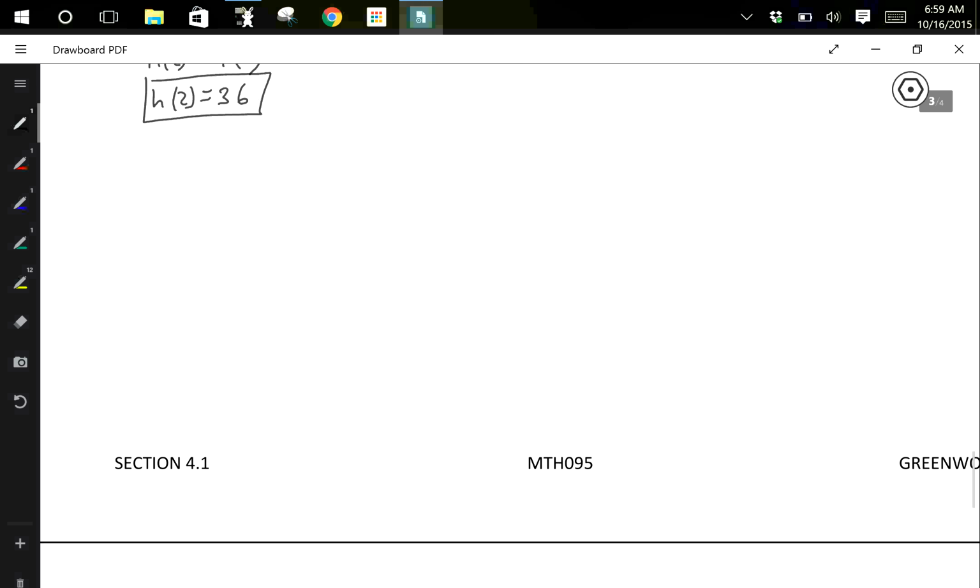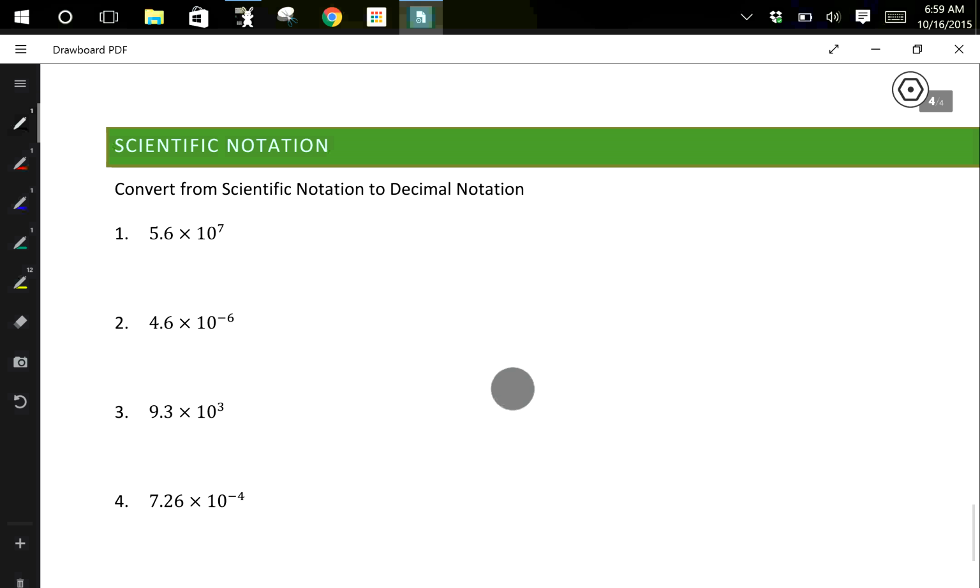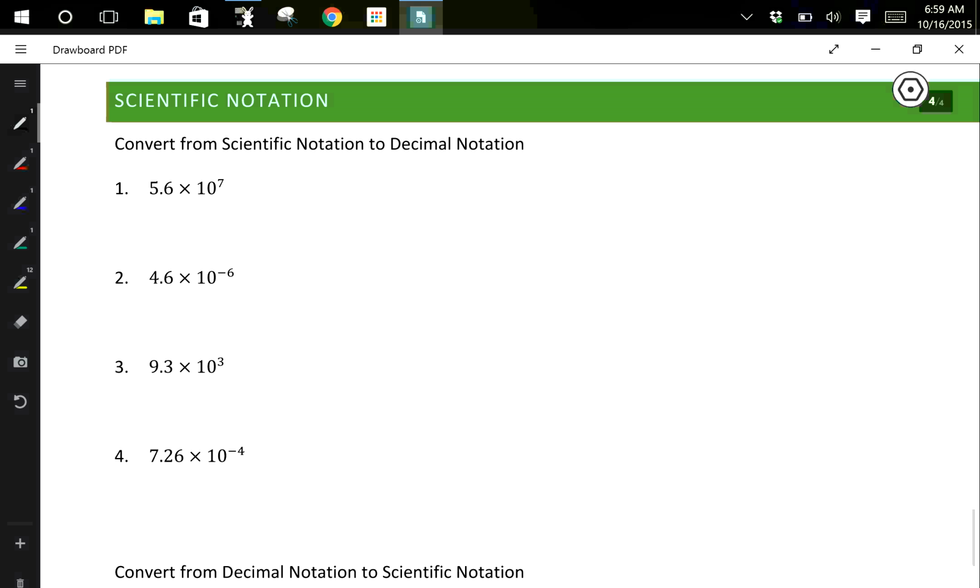The last thing we had here was scientific and decimal notation. Some of you will remember scientific notation from a science class you took, or even from Math 70. I believe they touched on it really quick, or some context you've had exposure to it. So here's what it's all about. 5.6 times 10 to the 7th is a shorthand way of writing